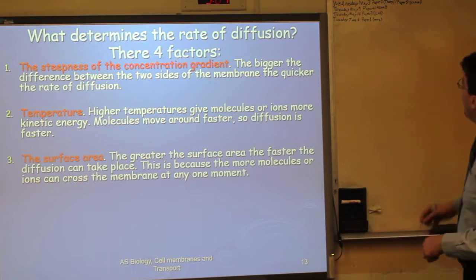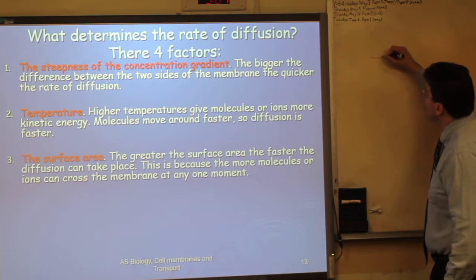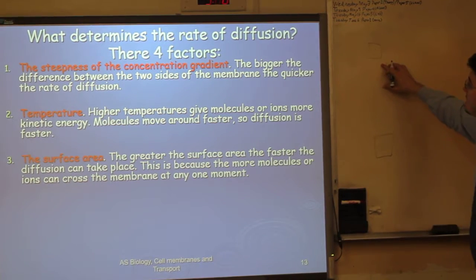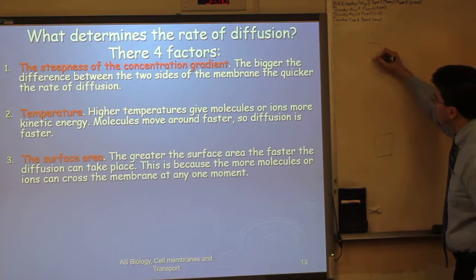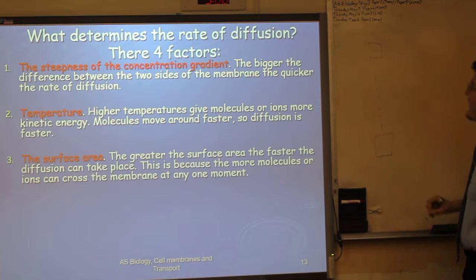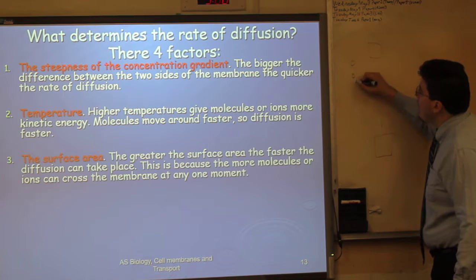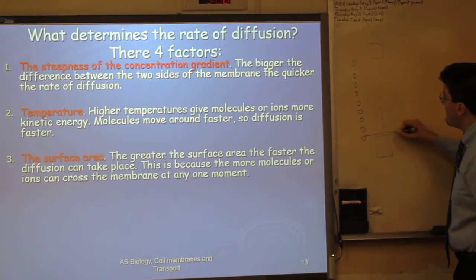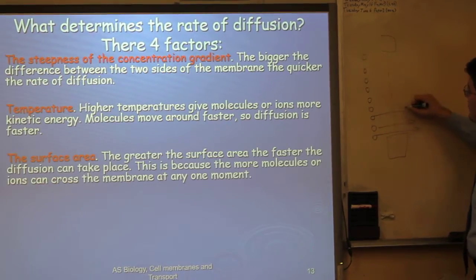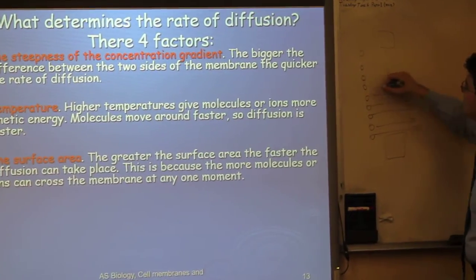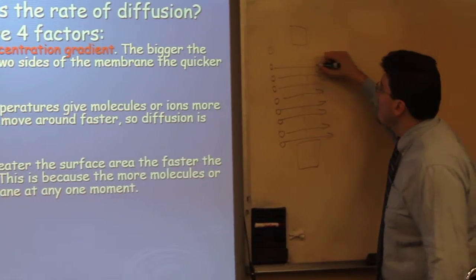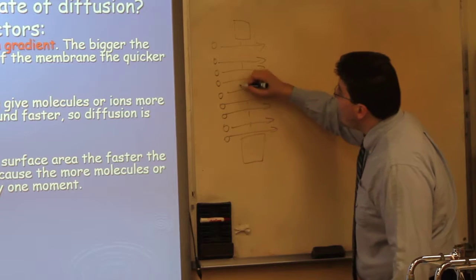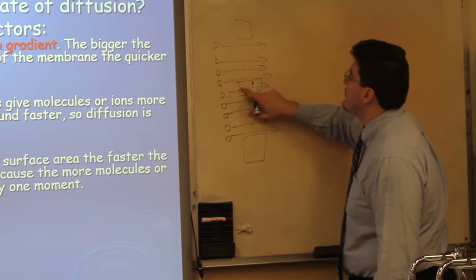Surface area. Now, surface area is going to increase your rate of diffusion. If you can only move through this space, then you are limited in what can pass through by the amount of space, by the surface area of the space that you can cross through. So this is the surface area you have for diffusion. However, if you have less surface area for diffusion,